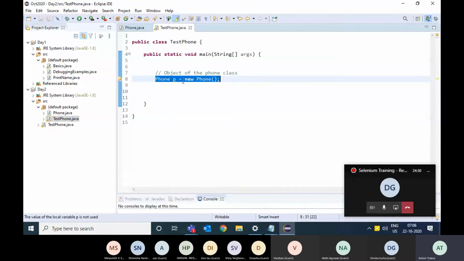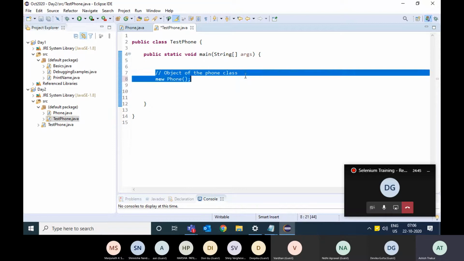In the memory, the object is created. Now object and object reference both are created. Let me delete the left hand side and just write new phone. Even if you write new phone, the object of the phone class is created inside the memory.